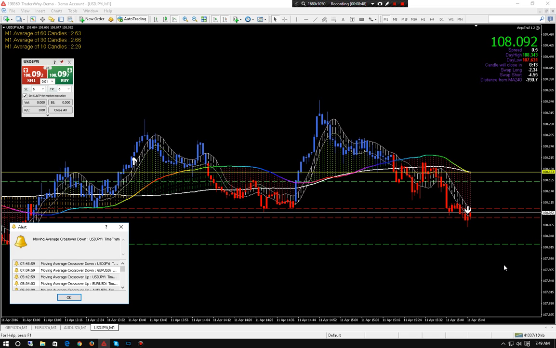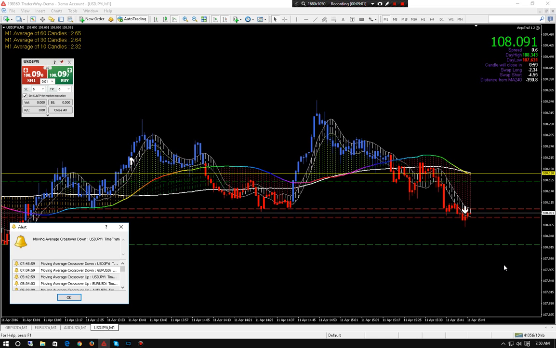The good thing with binary options is you only need one candle of movement. We don't need 10 pip moves. We need one candle to go the right direction, and we just need to be respecting a range. So you can trade on a 10 pip range, a 15 pip range, a 20 pip range, as long as it's ranging. If it's trending, get out of it, come to this.